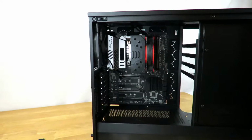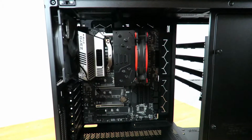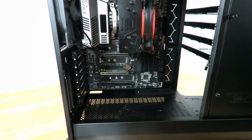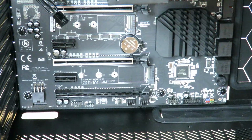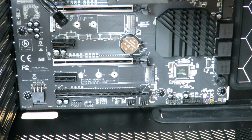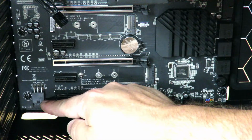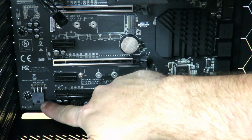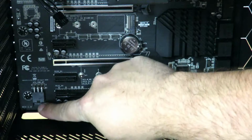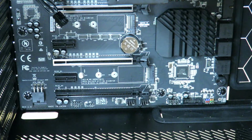Now, one thing I do want to mention, it's almost as if Fractal worked with EVGA on this case. Everything seems to fit in perfect. So you can see right down here, I've had this issue with a few other cases and a few other motherboards, but they have an opening right here for this 6-pin, which EVGA has thought of other people not working with them directly. They've even recessed this a little bit, rose it up a little bit so that you can still fit it, but Fractal's taking care of that. They have a hole right here, perfect. Now, over here,